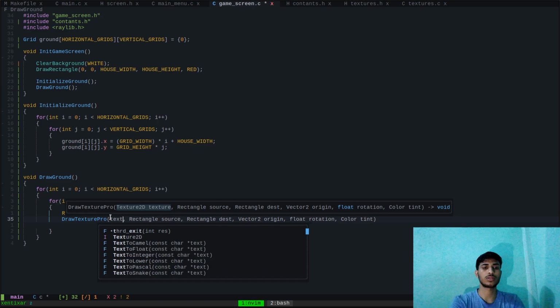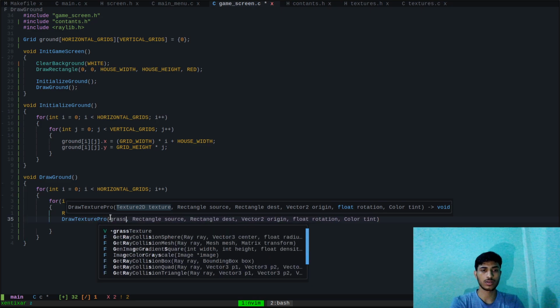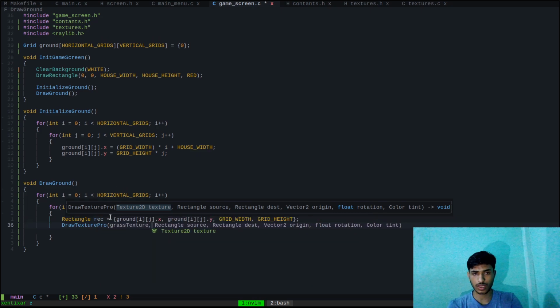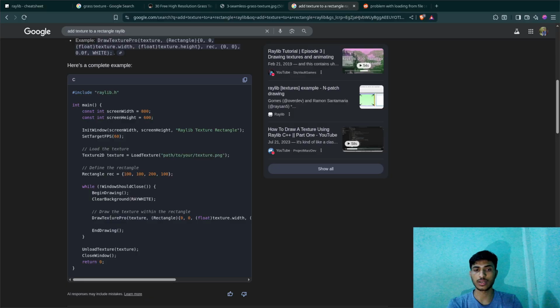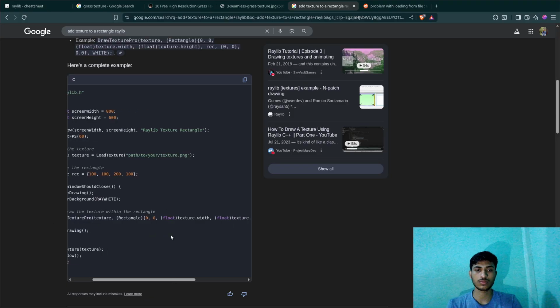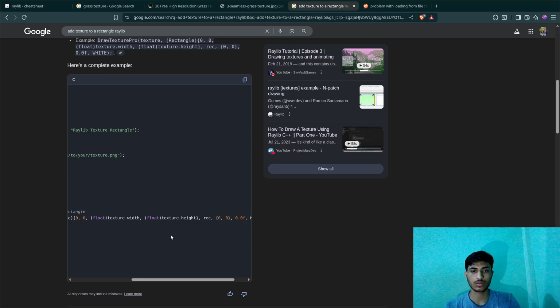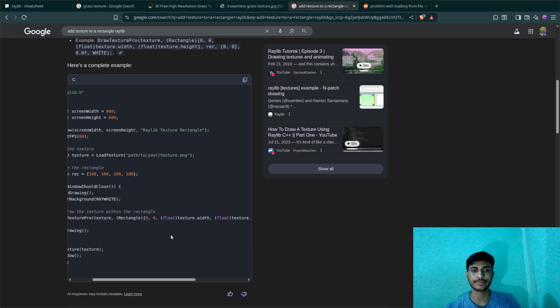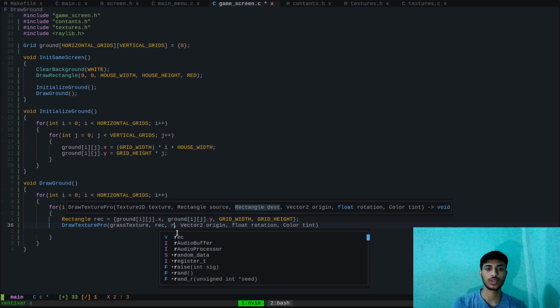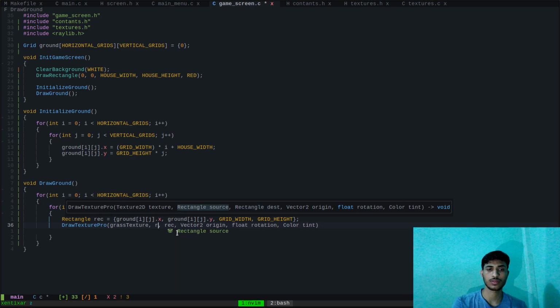It will be the grass texture, and source will be the rectangle, and destination will be repeating destination with the source 0 0 something something. 0 0